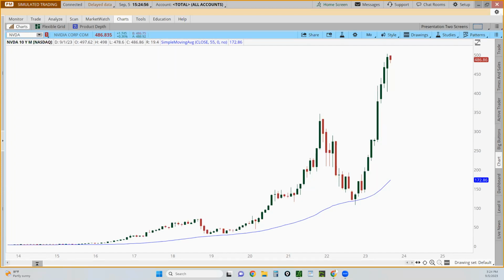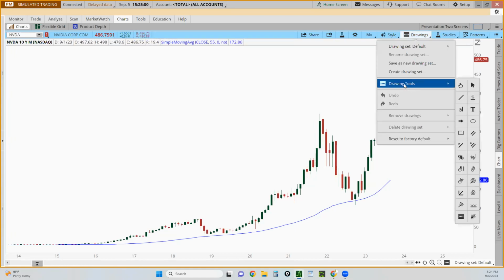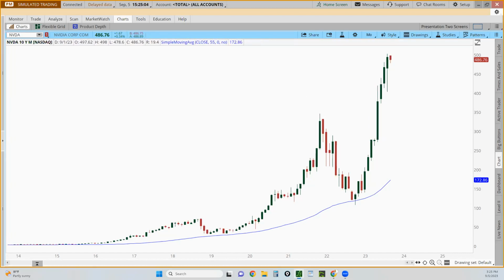But let me go ahead and still keep on going. So anyway, now let me show you this quadrant tool. What this does is, now that I know that a stock is in a good neighborhood, always stays above the 55, what I do is I try to go back to the most recent.